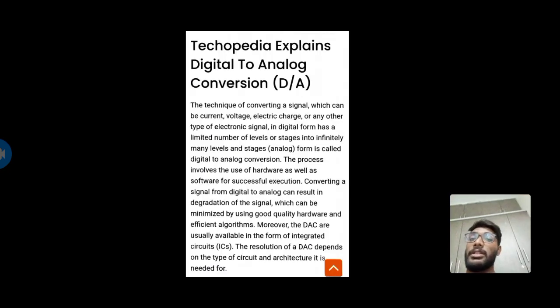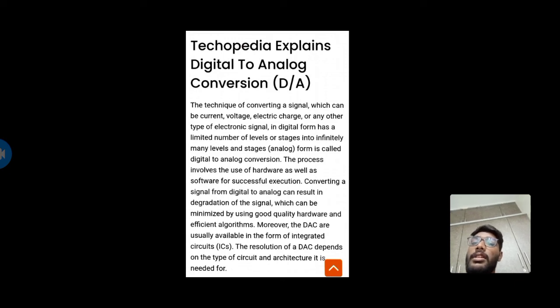Techopedia explains digital to analog conversion. The technique of converting a signal, which can be current, voltage, electric charge or any other type of electronic signal, from a digital form that has a limited number of levels or states into an analog form with infinitely many levels and states is called digital to analog conversion. The process involves the use of hardware as well as software for